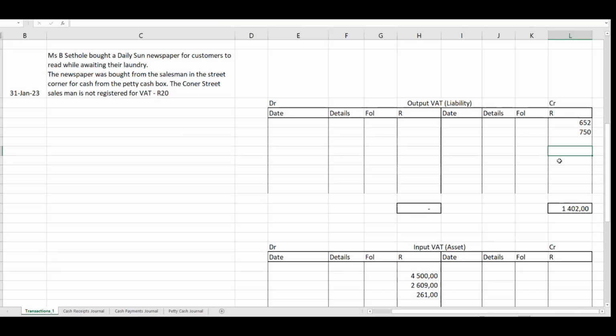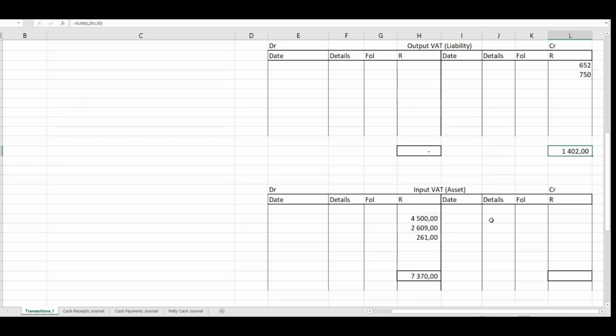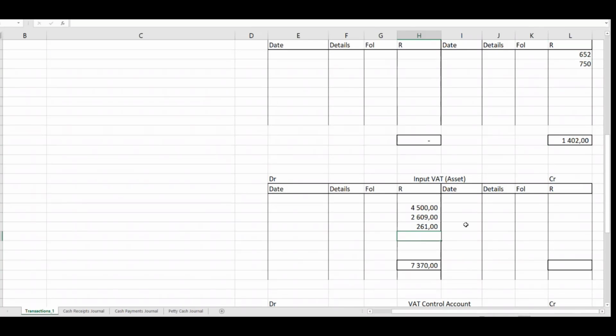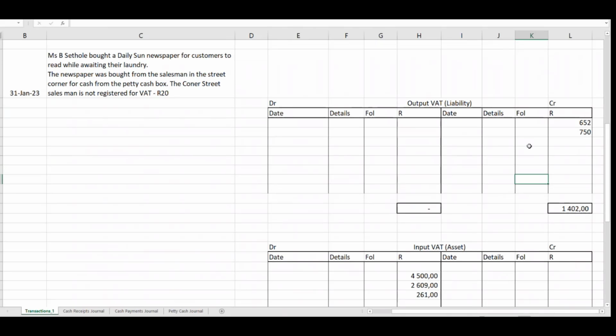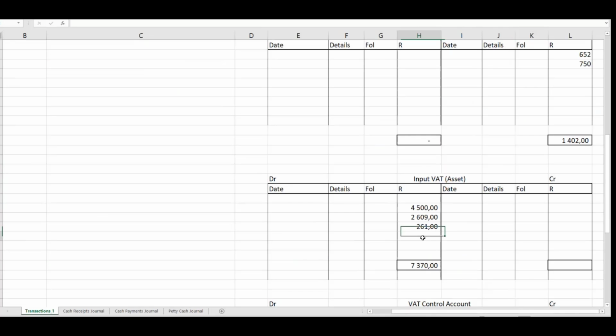What am I saying? So the VAT output is what we will pay to SARS. Thank you, Mr. MGS. VAT output, what we will pay to SARS, and VAT input, what we will claim from SARS. Yeah, that is the right English. What we will claim from SARS and what we will pay to SARS. So what we will claim is more than what we will owe,